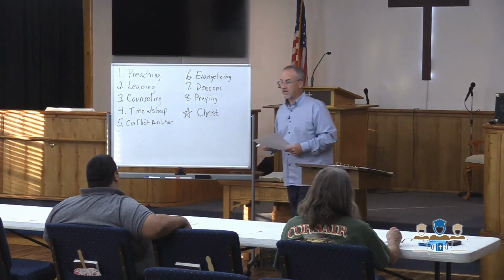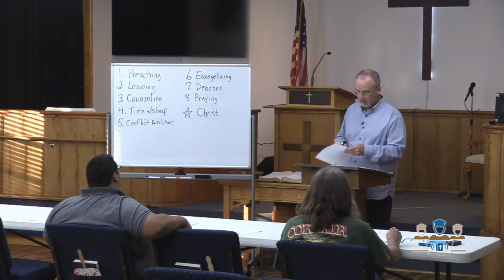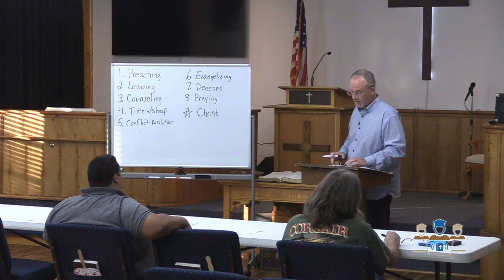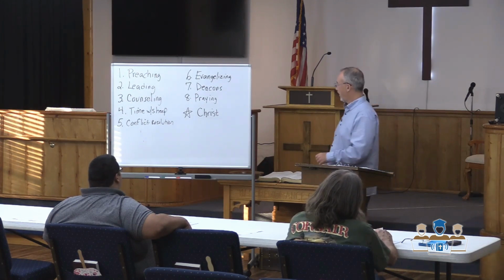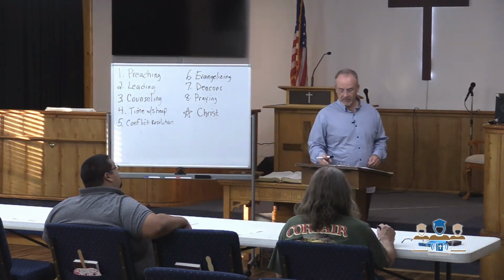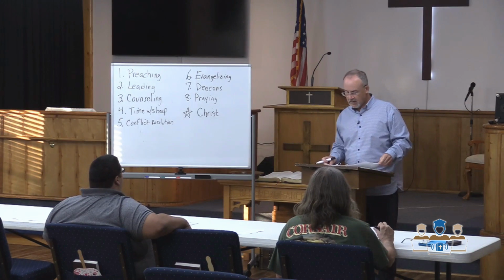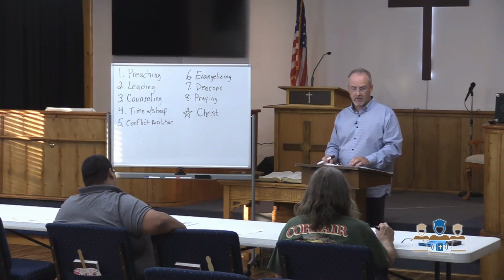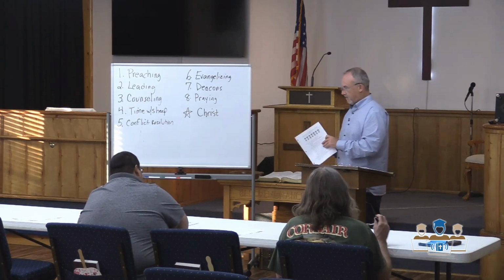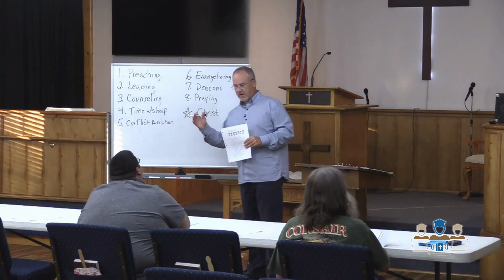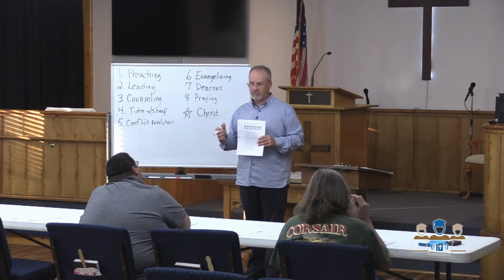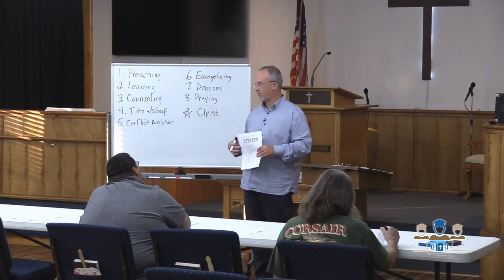All right? And as I studied that, I started to realize that. So those are the things that we're to do, so that the elders are to ensure the church is doing all that Christ requires. So our job is to do all of these things and make sure the church is doing everything it's supposed to do. Now look at your notes there, and let's look at the 7 pillars model. Do you see the little graphic I gave you there? Again, as we talk about elders, but also as we talk about deacons, all of us are supposed to be working together to make sure that the church is doing everything that it's supposed to be doing.